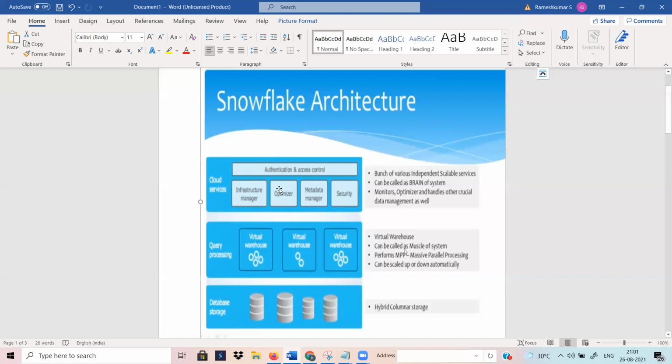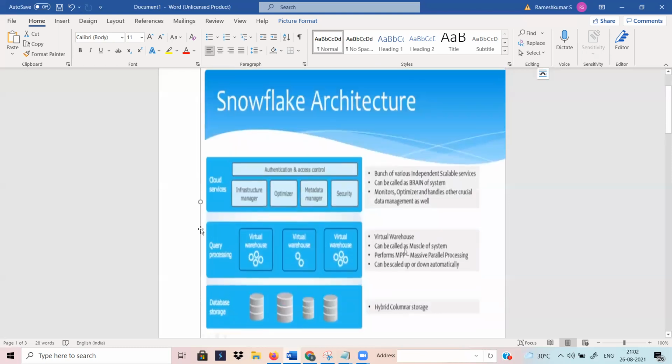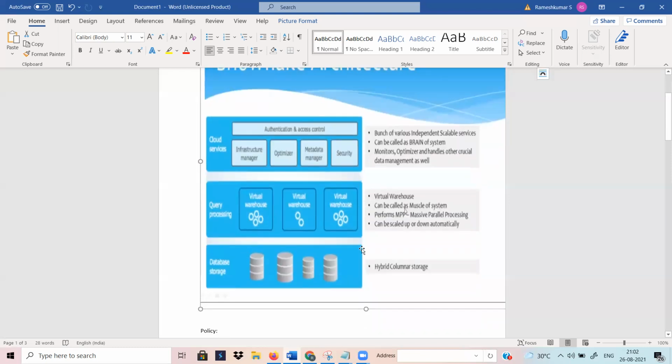It is the brain of the system. You can monitor, optimize and handle activities here, data management. So what I'm saying is there are three sections: one is the storage section, one is the computing section, and the final one is for metadata management, the cloud services.